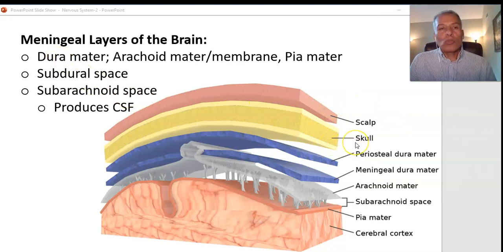So the dura, from durable, tough. The dura mater is the outermost layer that lies right beneath the skull. It's a tough layer, and beneath it there is a space called the subdural space. If there is some kind of bleeding, we call it a subdural hematoma, for example. And then beneath that space there is the meningeal layer, known as the